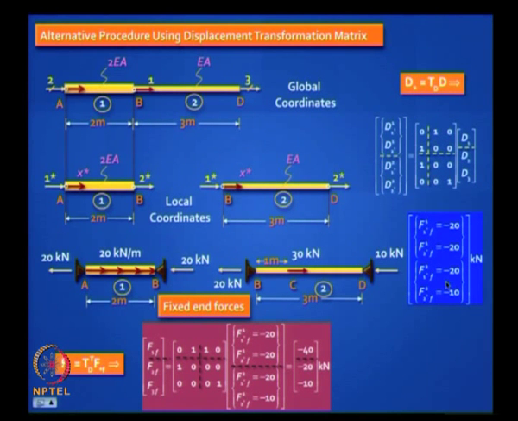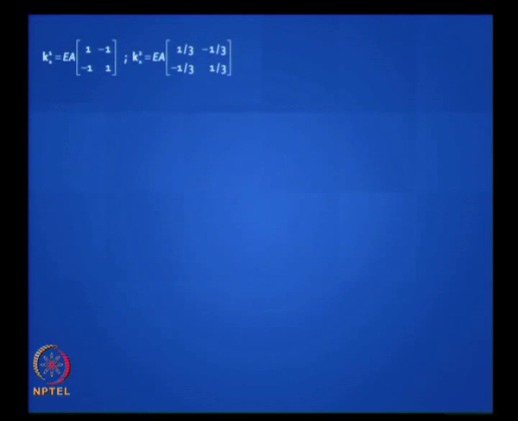We got the same vector using the TD formulation. This is the only difference. Is it clear? Which is easier, this one or the previous one? This one. I mean, because no thinking is required, you are just multiplying matrices. Got it? Let us proceed. What is the next step? We got the same answer.